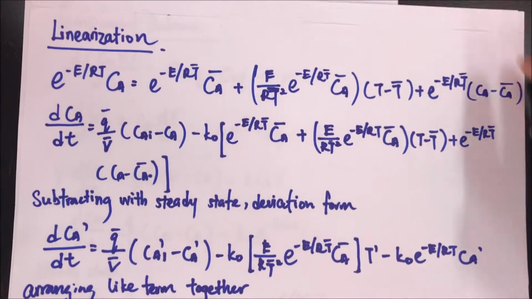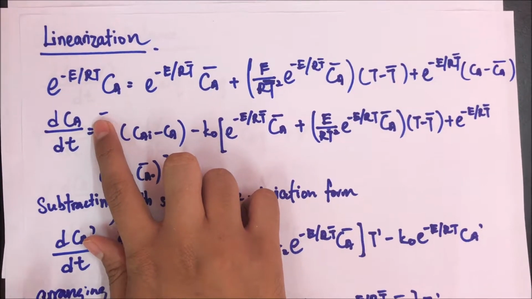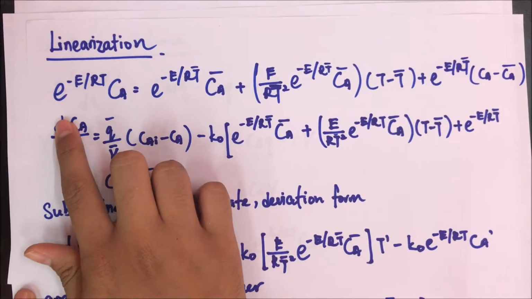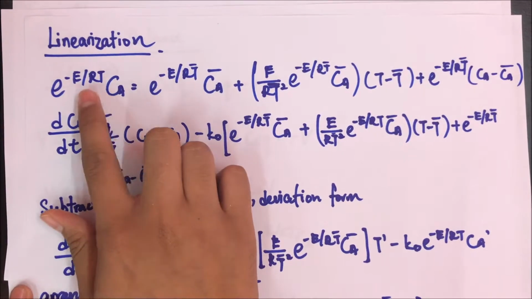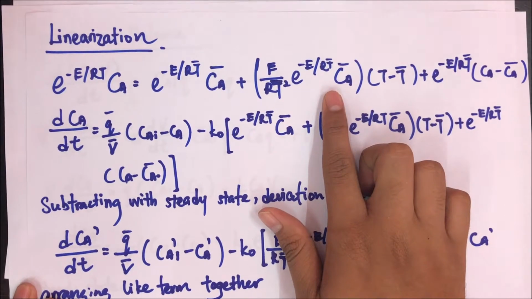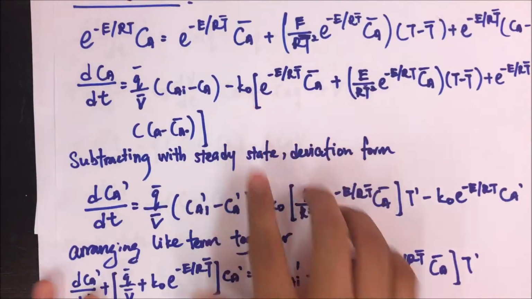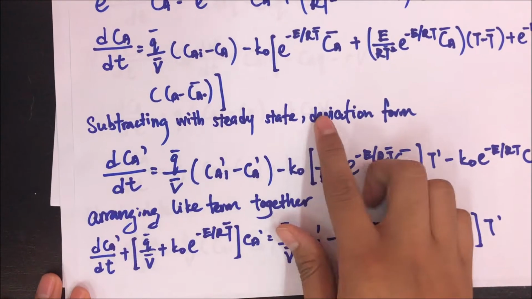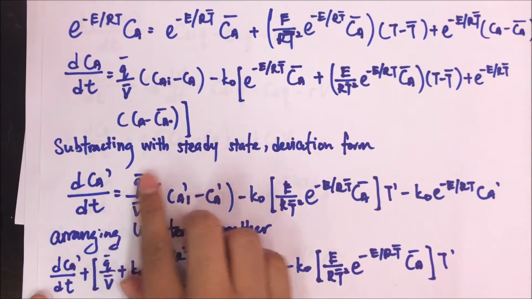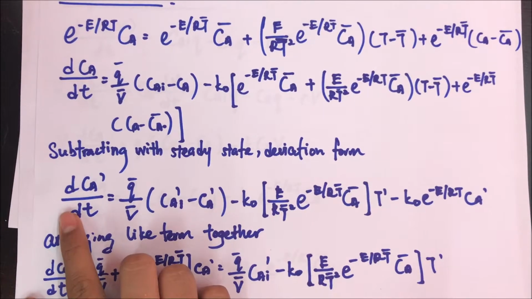The next step is the linearization. As you can see, the term that we need to linearize is the exponential of negative E over RT times CA. Hence, when we linearize it with the first order Taylor expansion, we will get this equation. Subtracting the steady state and changing into deviation form, we will get the new equation, which is dCA dash